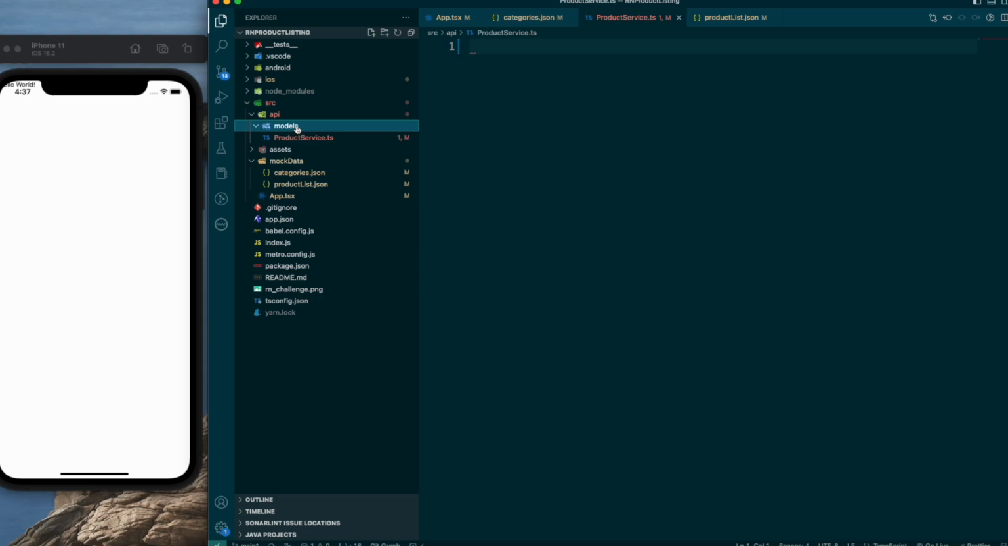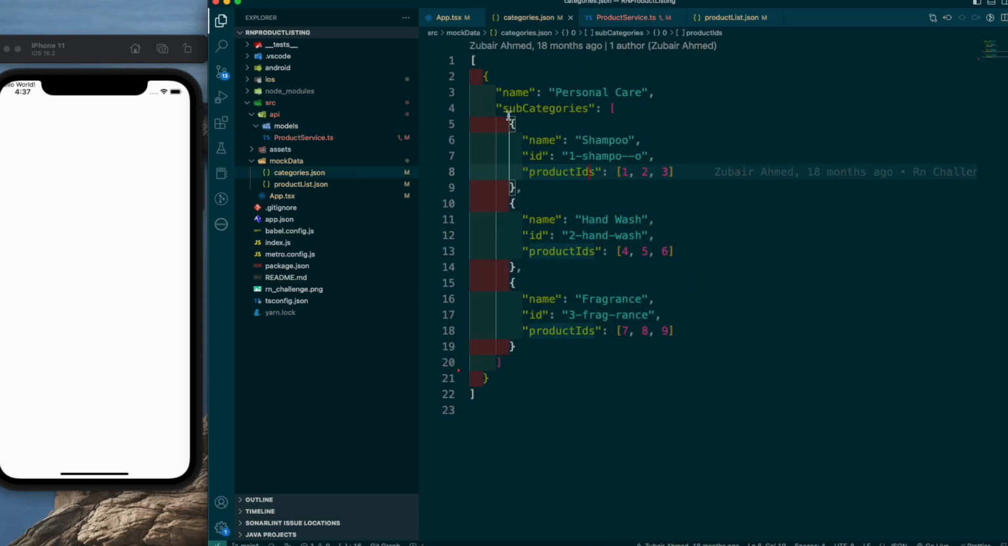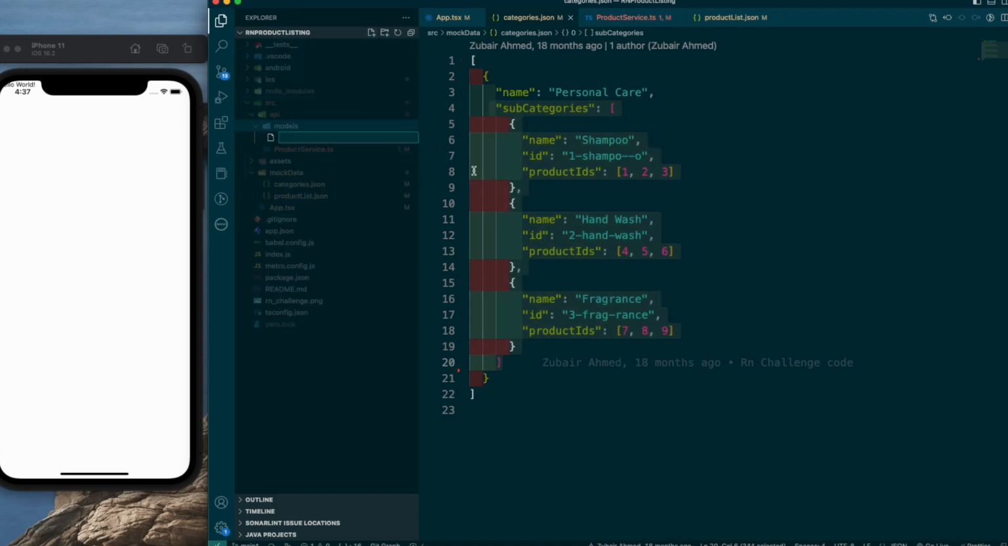So inside models we would need basically three TS files, or you can say three model classes. So first thing is we can create this subcategories thing. This subcategories array should be mapping to the exact model of subcategories. So let's create a file which is called